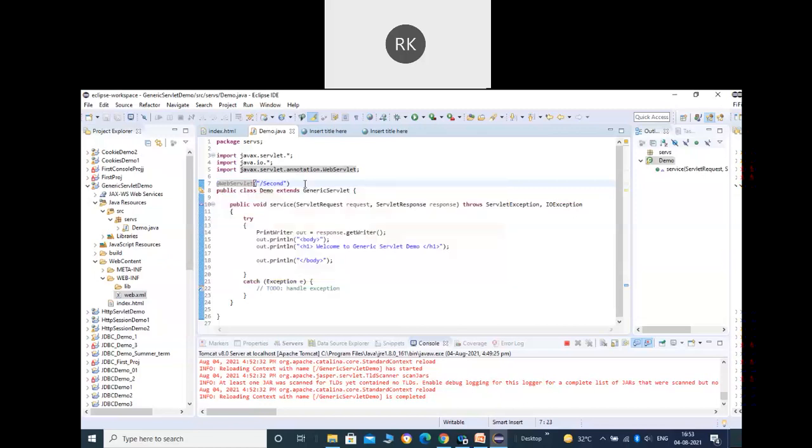In that case, you will not be required to create the web.xml file. The only thing you need to remember is to include WebServlet, which is available within the javax.servlet.annotation package, and here you can specify the URL pattern for that particular class. Remember that if something starts with the at sign, it is called an annotation.